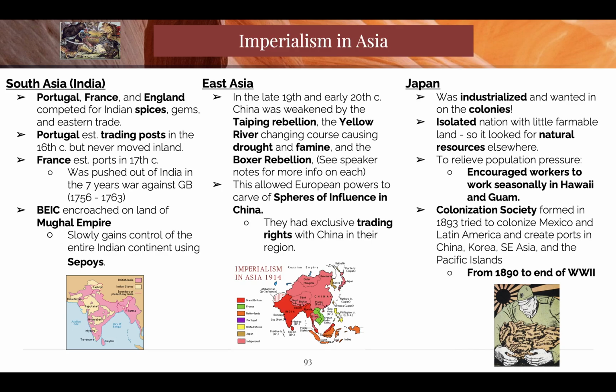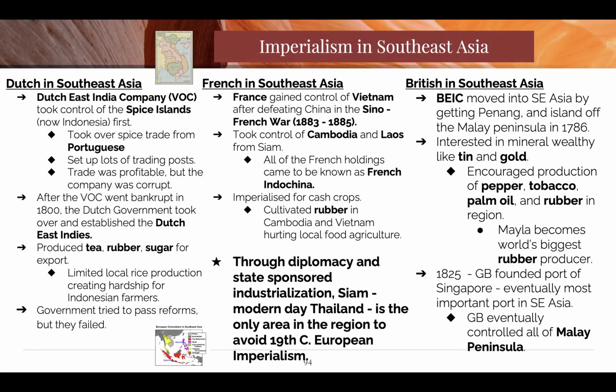Okay, Japan. Ladies and gentlemen, if you don't know Japan is industrialized, please leave. They are an island nation and they need natural resources. So because of that, they are conquering territory just like the Europeans are doing. Except they're really brutal. Like really, really brutal. And I'm not saying that the Europeans are wonderful, but they're similar to the strategies of the Belgian Congo. They're really, really brutal. Okay? The French are doing a culture war. The French are trying to break the culture and force people. The British are pretending they're helping, but not helping.